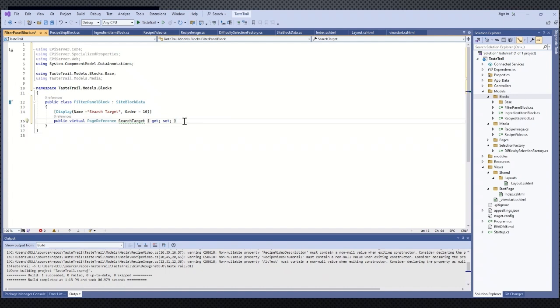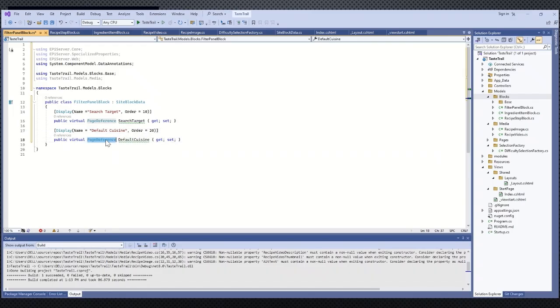Right, now let me quickly copy this and create another field, change the order to 20, change the field to default cuisine, change the label here also to default cuisine,